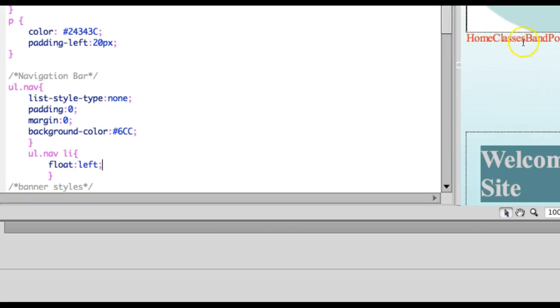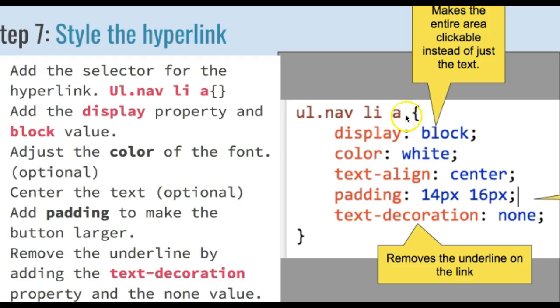And you'll notice that they all moved side by side, but they still need some more styling. Now we're going to style the hyperlink. To do that, we're going to add the A. So we're saying only style hyperlinks that happen to be inside of an LI that also happens to be inside of an unordered list with the name of nav. Now if you just included the A, it would still work, but it would also style all the other hyperlinks